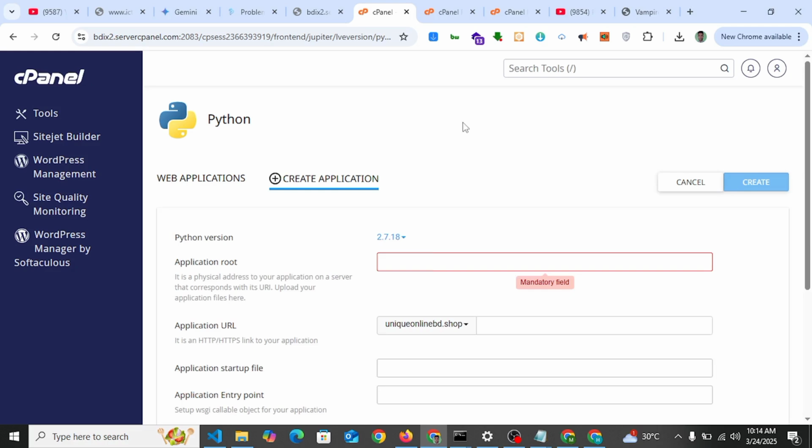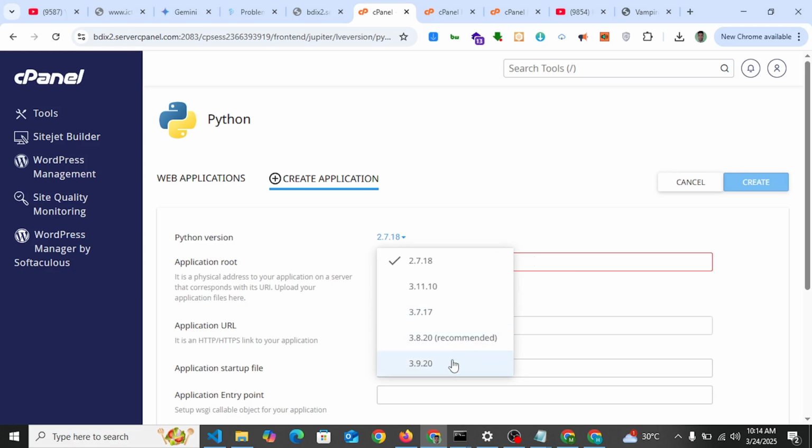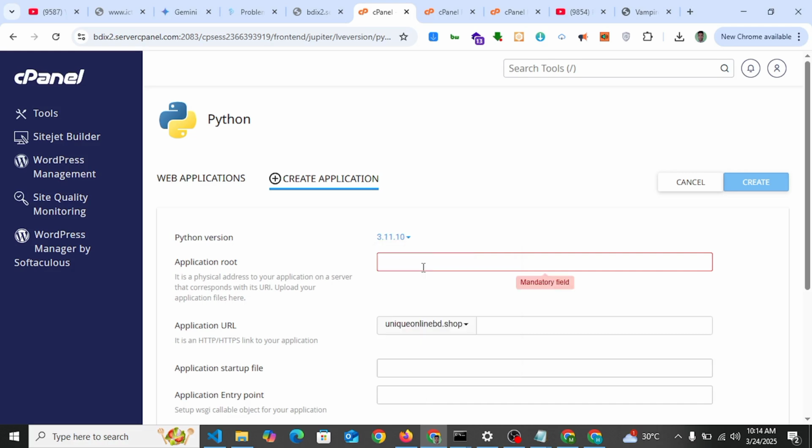Now we need to define the version of Python. So we can just select the latest version. So আমরা latest versionটা select করব 3.9.20. So you can select 3.9.2 or you can select this one also. So I'm selecting this one, 3.11. And what is our application root? So application root is like